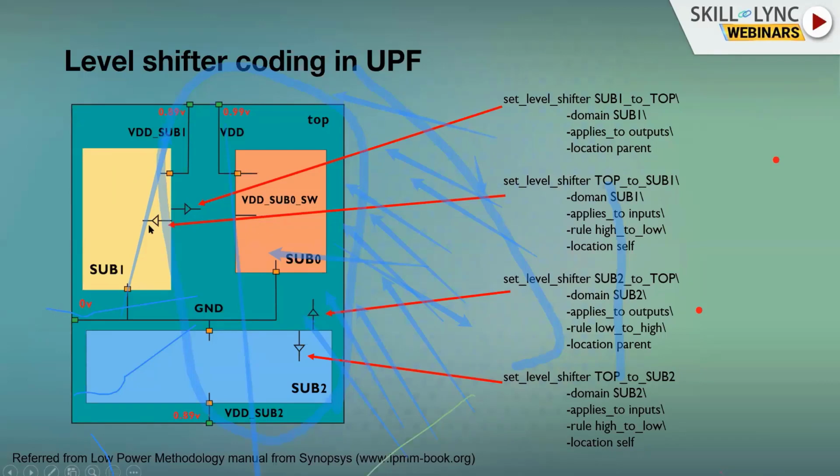If you see the other one, we're telling domain as sub BL1 applies to input. You're also putting in this direction, and the rule is I to low, because we are crossing from an I domain to a low domain. Here we are not told. If you don't tell also, it defaultly puts from low to I. That is the reason we are not specifying here. And the location here specified is self. So that means that it is getting inserted here instead of this. If you want to put this also into parent domain, you can just change it to parent domain. That will not impact here,